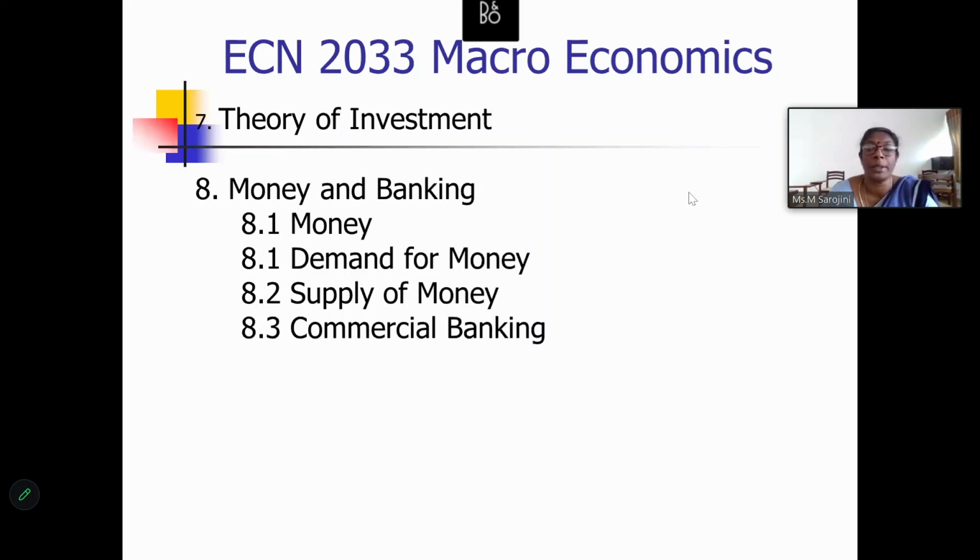And the next one is commercial banking. Commercial banking also is a very big area. Under this commercial bank, here we have to look into what is a commercial bank, what are the functions of commercial banks, and here the functions also we can divide into primary function as well as secondary function. Here under the primary function